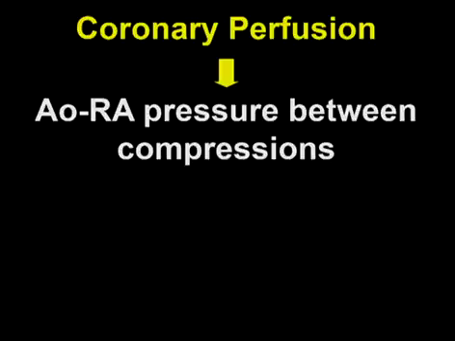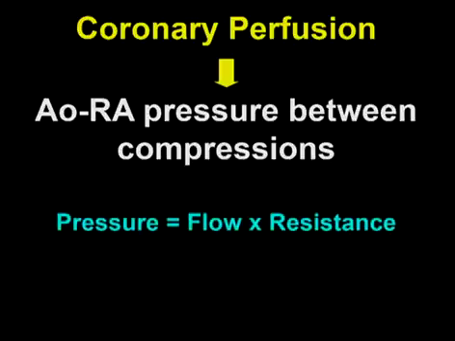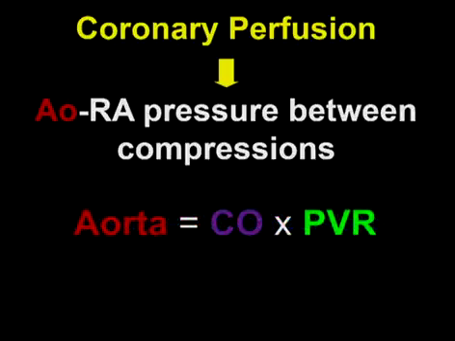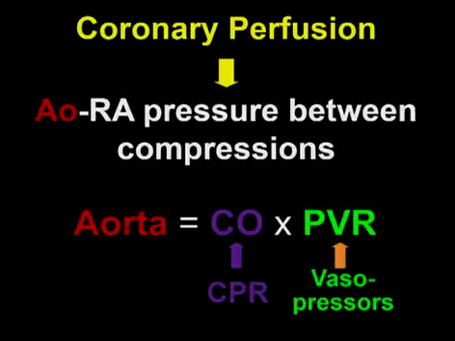Now, the coronary perfusion pressure during cardiac arrest occurs in between compressions, not when you press on the chest, but when you let go. When you press the chest, all the pressure goes up, so there's no gradient for coronary blood flow. So it happens when you go down, when you let the chest re-expand. And the pressure is, like anything else, a function of flow and resistance. The flow is the one that we generate by chest compression. The resistance is the one that we can enhance when we give a vasopressor agent. So we need to concentrate on good CPR.